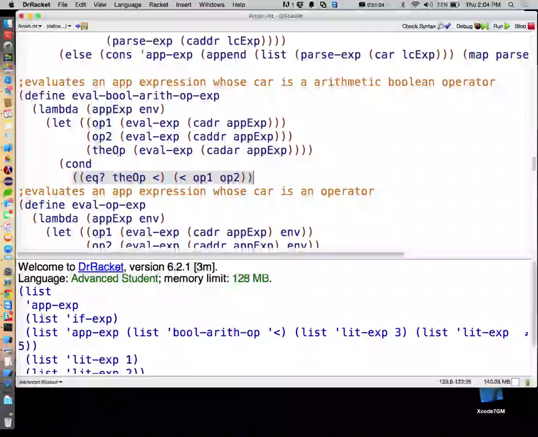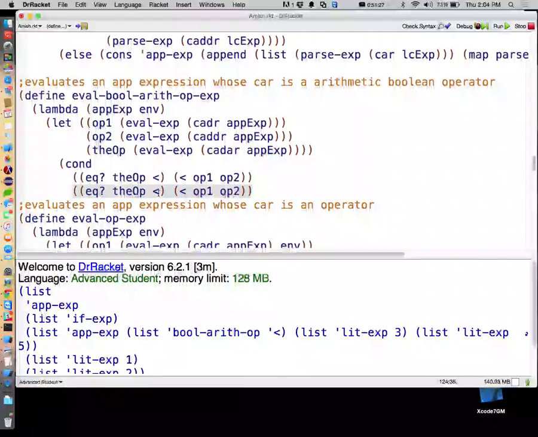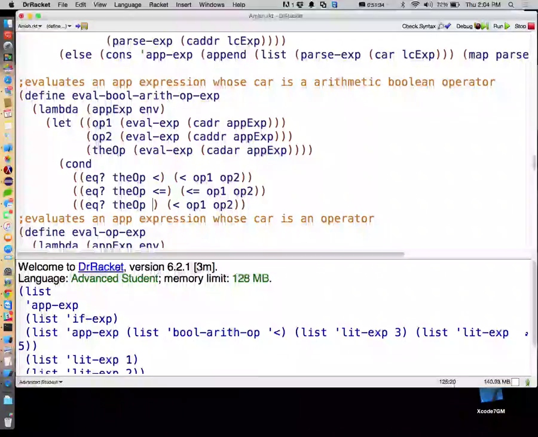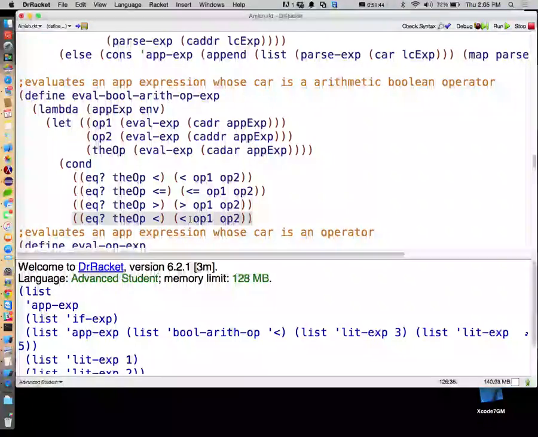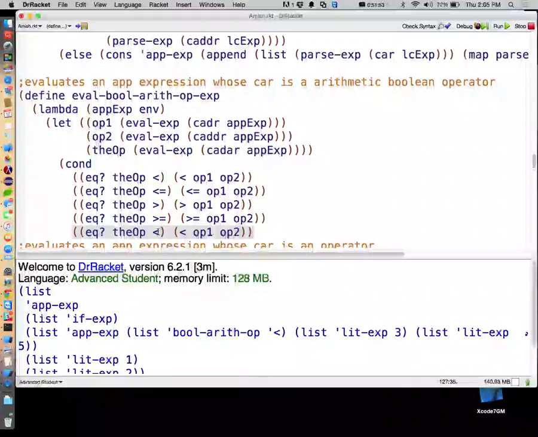Similarly, if it's less than or equal to op1, op2, greater than op1, op2, greater than or equal to, greater than or equal to, equal to, equal to,